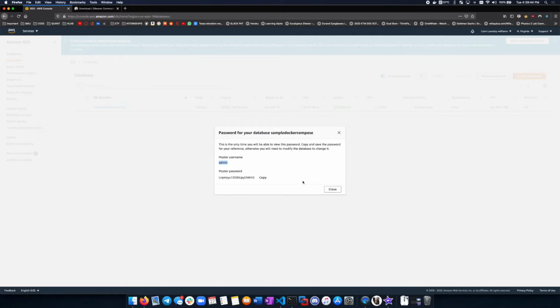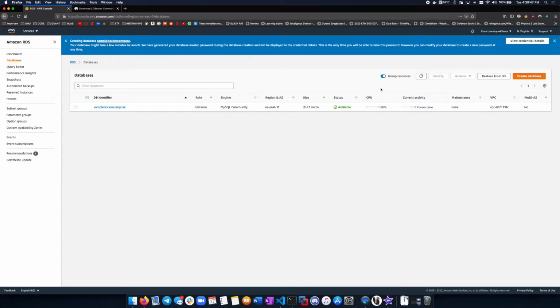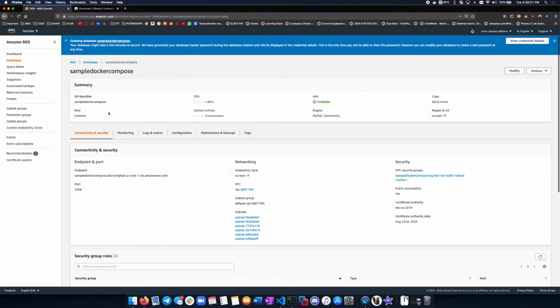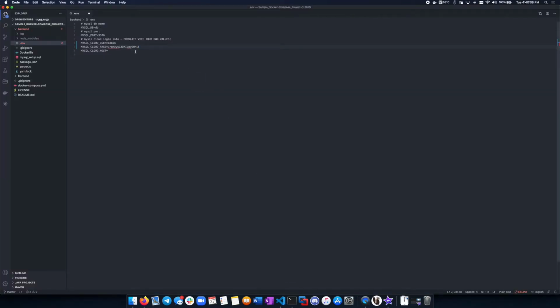Once we've pasted in the master password, we can close this, and then we can click on the sample docker-compose database, and you'll come up to a page that looks like this. From here, we can take the endpoint that is specified right here under connectivity and security, and we're going to paste it right in here where the host is, and we're going to save that file. So now we have all of the necessary connection information that we need